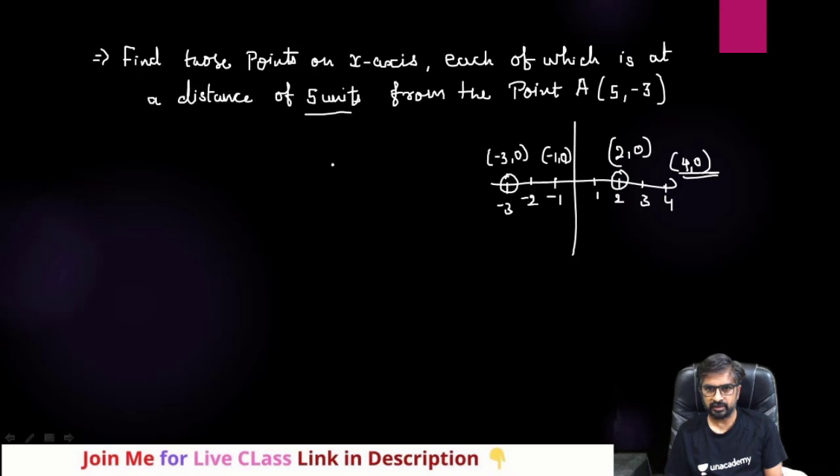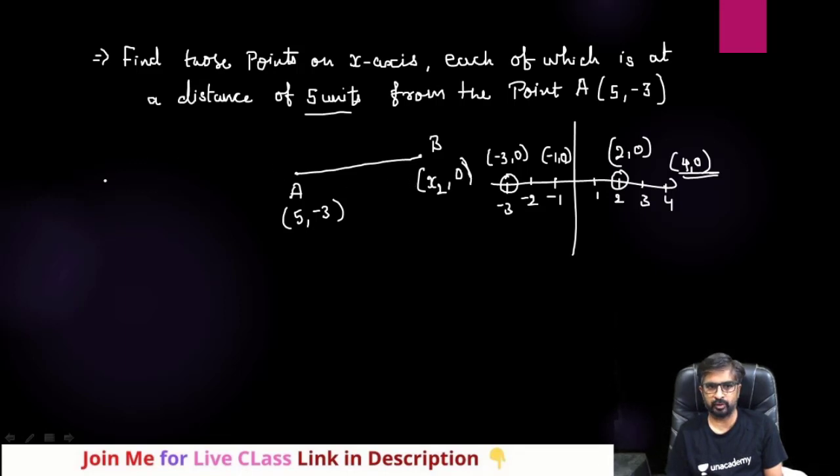So here we have a point A and another point we don't know, but I am taking that as B, and we want to find the distance AB. The coordinate of A is (5, -3). We don't have the coordinate of B, but we know that whenever any point is on the x-axis, its y will always be 0, and we don't know x. So let me keep this as x2 only. We need to find this.